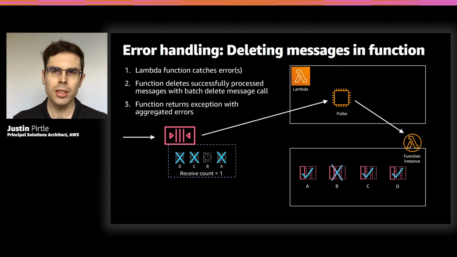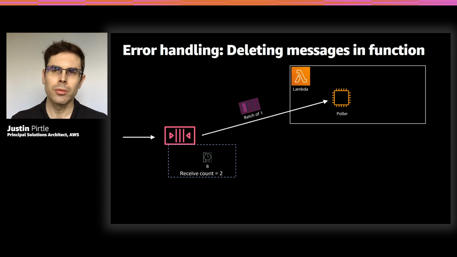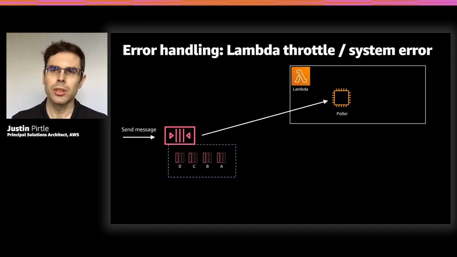Well, now our delete call goes through, we finish that, and we return the exception, and B is not retried automatically. So just as before, we wait for the visibility timeout, the message B comes back to life, and at that point, we can go ahead and pull message B. So message B goes up through the poller, right? But we don't have to wait on anything else. And even if we go to the dead letter queue, we only discard message B, not other messages that could be processed successfully.